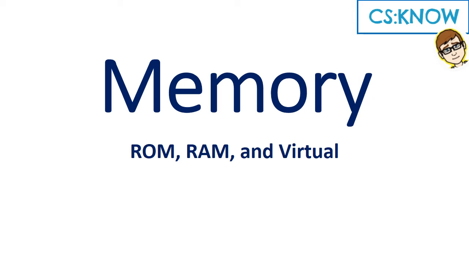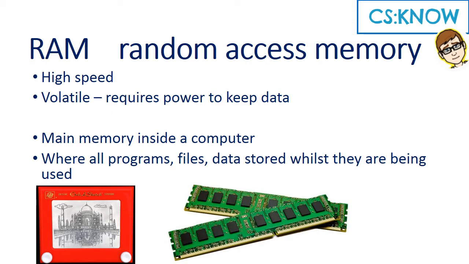Memory: ROM, RAM and virtual. So RAM is random access memory and it's high speed. Now this is the main memory in the computer and it's where all programs, files and data are stored while they're being used. Okay, so it gets copied off the hard drive onto RAM and then the computer can use it. But it's volatile. So because when the power goes off, any data on RAM gets wiped, think of it